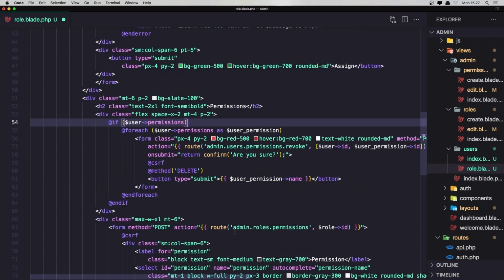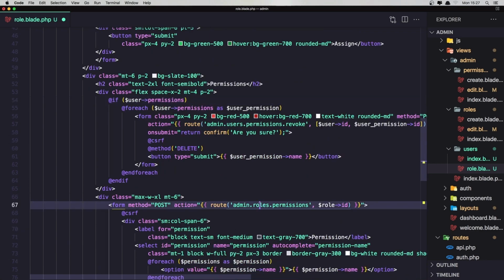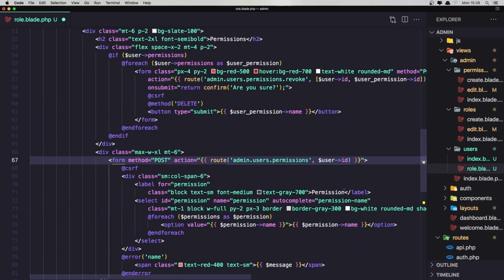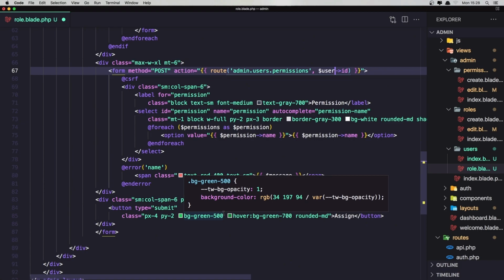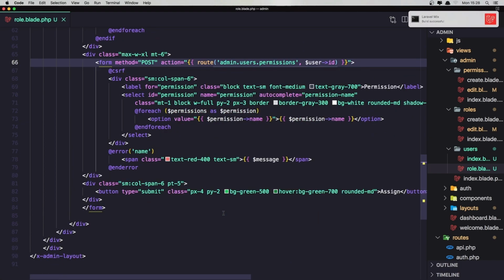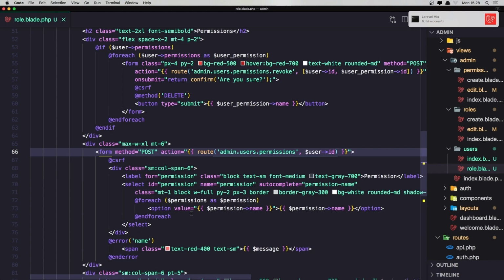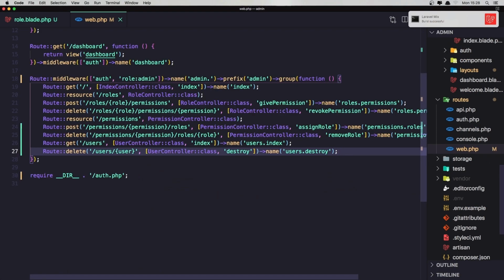Okay, also here it's going to be users permissions and the user ID. Okay, here we need to display all the permissions, and I think we are okay with the blade. Let's go to the web routes and create one by one the